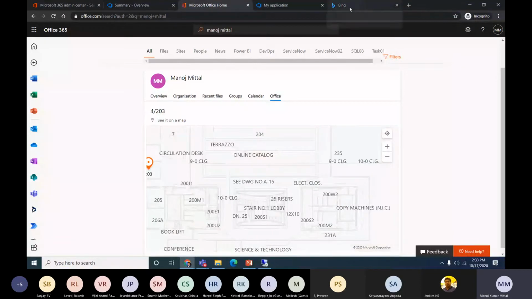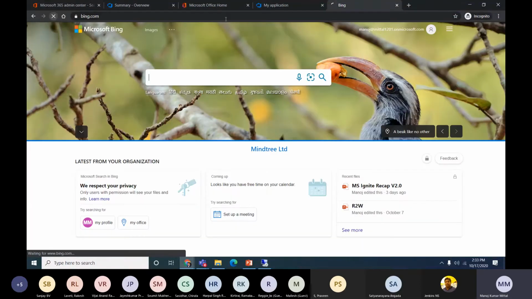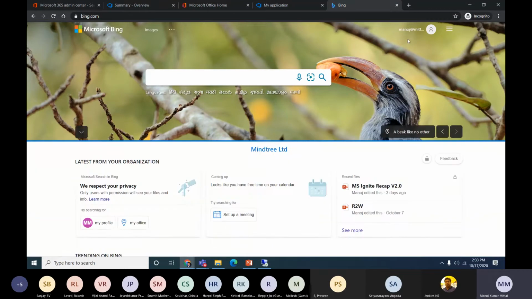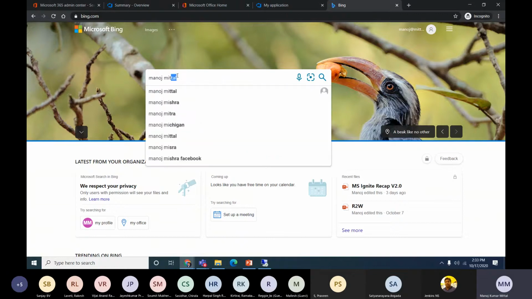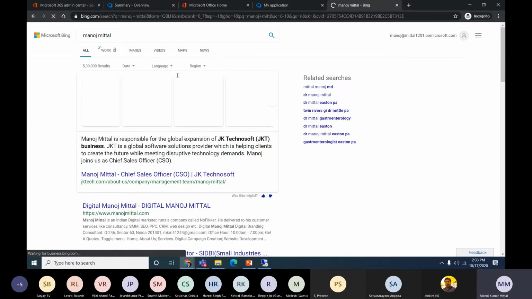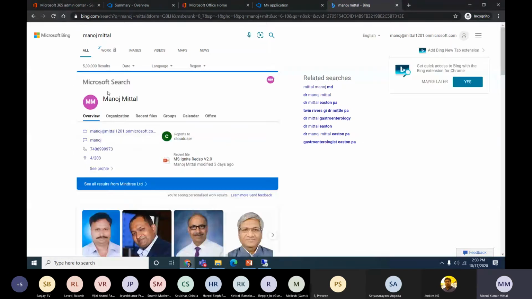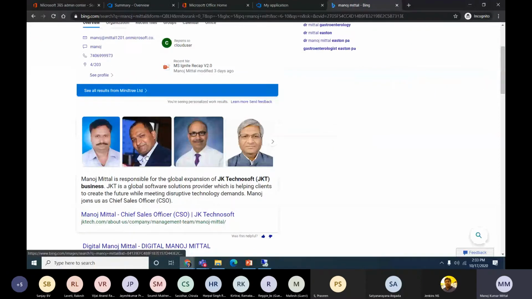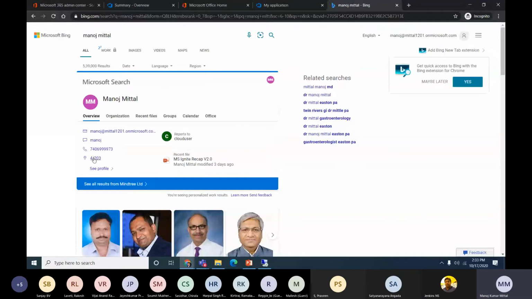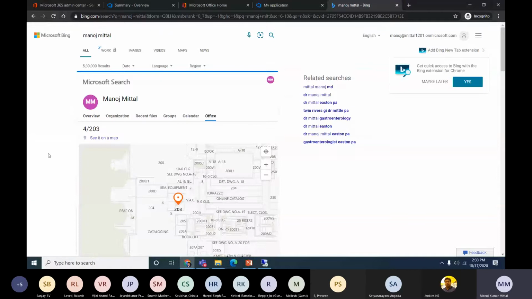Similarly, if I log into Bing, so this is Bing, I logged in with my organizational account, and the condition is that Bing search has been enabled in office.com, and I will search the same thing here. Okay, so you will get results from internal as well as external. External results also start coming, like photos, and some of my videos also start coming. So all that content is here. Here also we get the same seamless experience.